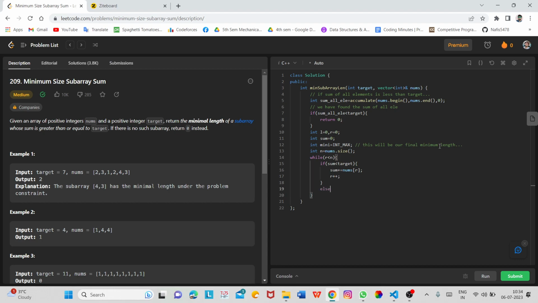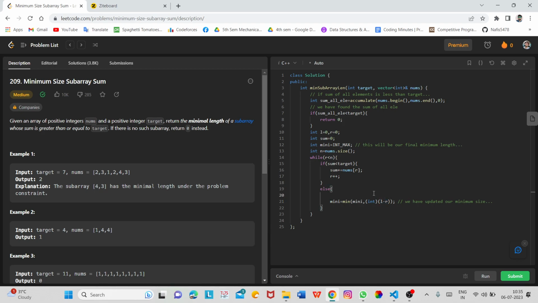Else, if we get the sum greater than or equal to target, we will first store the value of that subarray, so we will minimize the value. So mini is equal to minimum of mini and L minus R. What we have done here is updated our minimum size. Basically this is going to be our size.